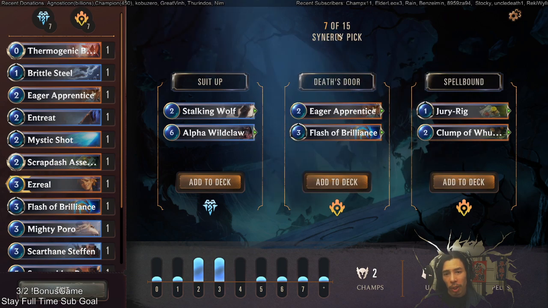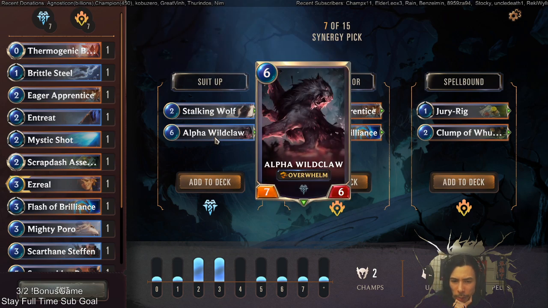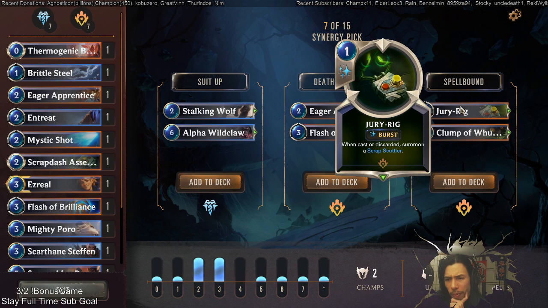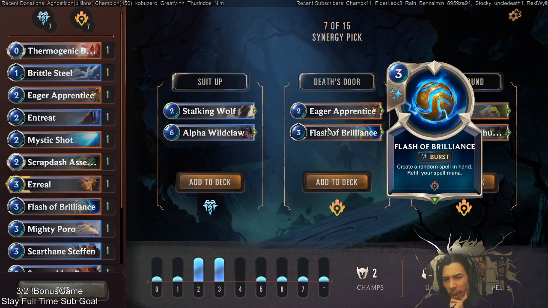So, moving on. And we got another synergy pick here. So we got Stalking Wolf. Don't want this. I wouldn't mind taking another maybe. Eager Apprentice plus Flash of Brilliance. Okay, didn't we just have that? Jury, when cast, discard a card. Or when cast or discarded, summon. Yeah, so this is a discard thing. I don't really want to deal with that. This is crap. Really, I would say...